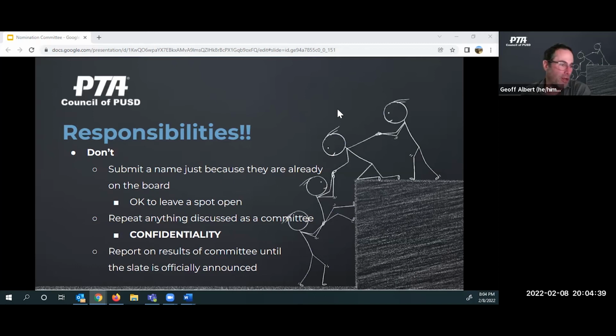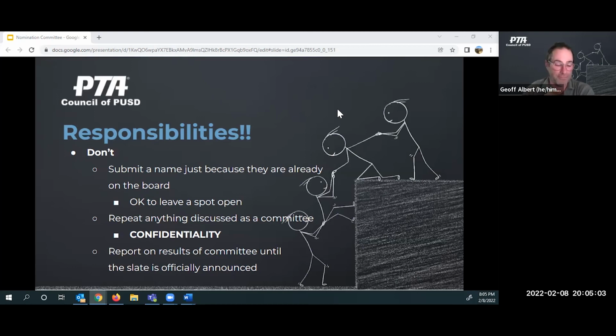So I know Scott may be wanting to make sure, hey, do we have a board for next year? You can say we're working on it, just not the results. Nobody gets to know the results until the slate is ready. If you have the slate ahead of the 28 days before the election, you can go ahead and sign off and distribute it then. That's fine. It just needs to be done